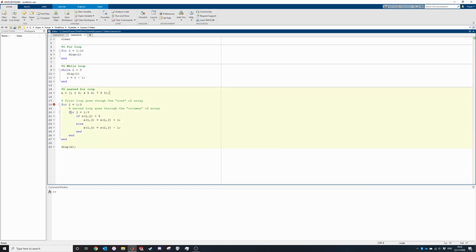A nested for loop means there's a loop inside another loop, and one of the most common examples is running through every element of an array. Now we've declared a 3x3 array here, or matrix, and you can make this go a variable amount of times. If you were to change the 3 to length bracket x, it would do the same thing basically, but we